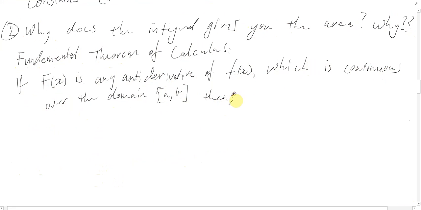So if we've got some antiderivative F of x of a function f of x, and that function's continuous over some domain, in other words, we might have some wiggly function, and here is A and here's B, and it exists, and it's nice and smooth and continuous. Then,